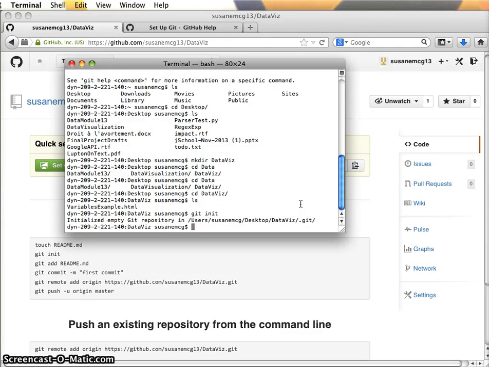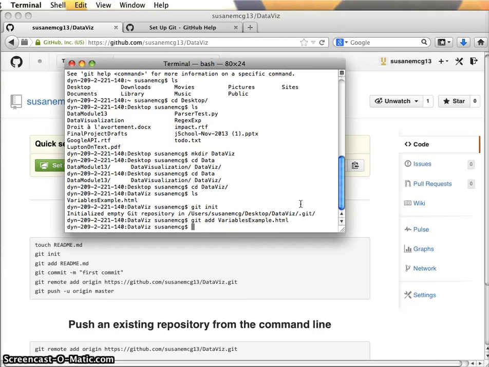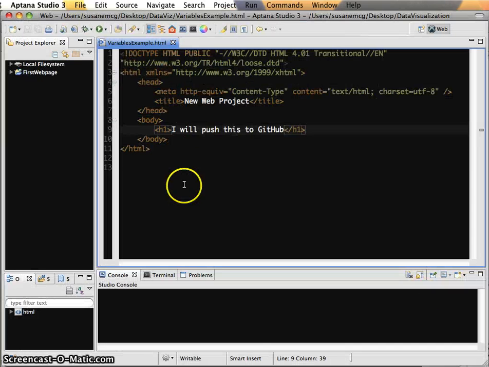So git init. Right? I've now initialized that empty git repo, and I want to say git add, and I want to add my HTML file. And now I can say git commit, right? I've made some basic changes. Let's see, what did I actually change there? Tweaked the